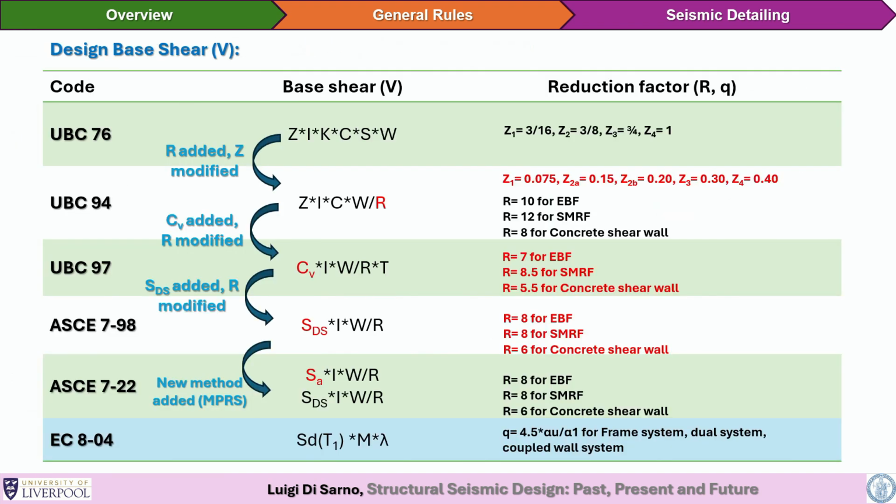Now, other approaches related to base shear, again, you'll find here the evolution through history, and more importantly, you see how, for example, new parameters have been introduced. These are pretty similar around the world. If you check, for example, different codes, this is the case of the US, how it has evolved up to ASCE, American Society of Civil Engineers, 7-22, you see that basically there has been the introduction of new parameters, in particular